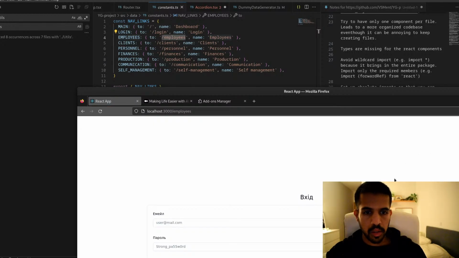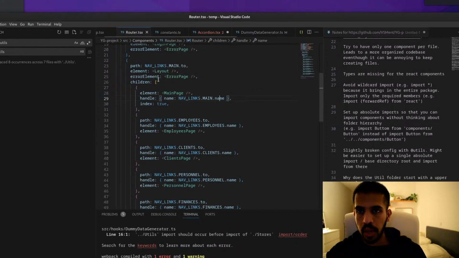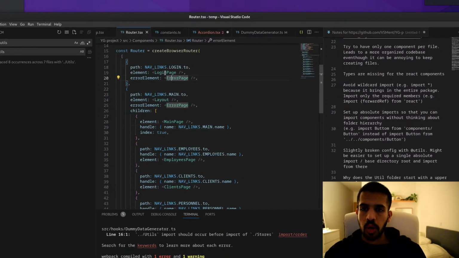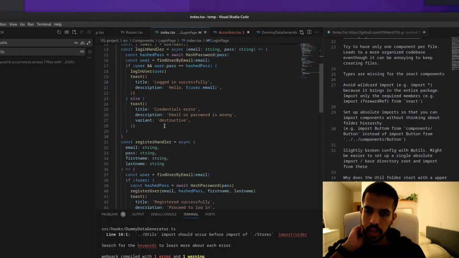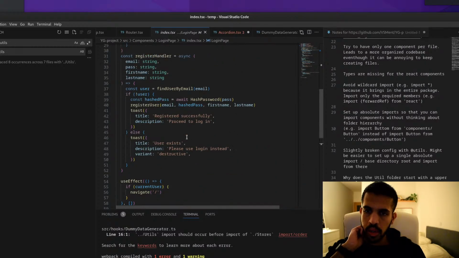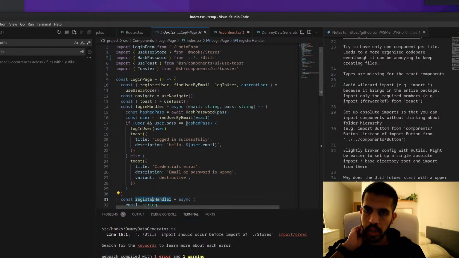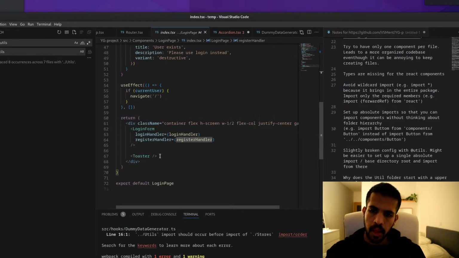All right. Okay, so the login is set up, so it's showing me a login instead of the page, so it's guarded. That's probably because this page has some protection. If current user navigates, login handler, register handler, login page, user store, use navigate, login handler, hash passwords, inform toaster.